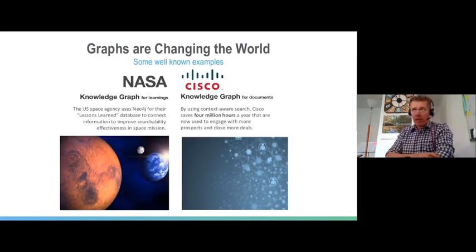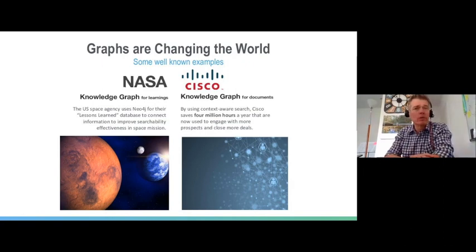A couple of use cases that are out there. I'm not going to talk too much about these, but if you want to read up on some of our well-known use cases in the knowledge graph area, look at the NASA video on our website. They've built a knowledge graph storing technical information from all missions since the 50s or the 60s.